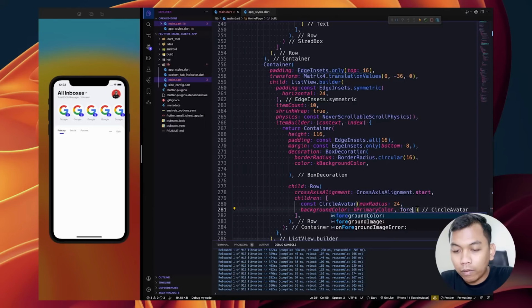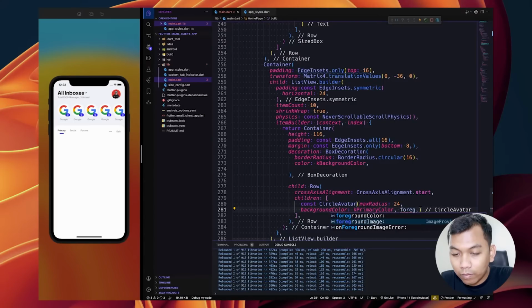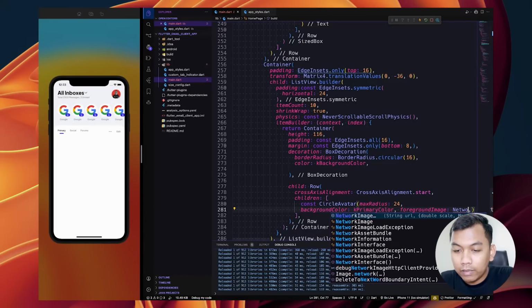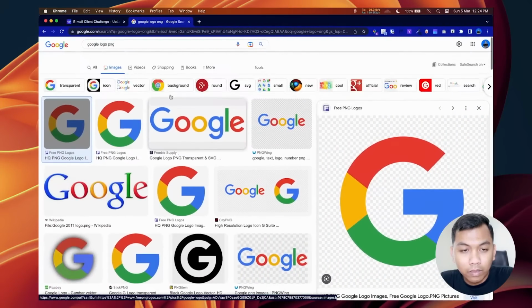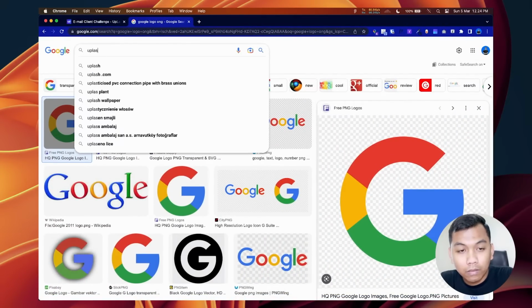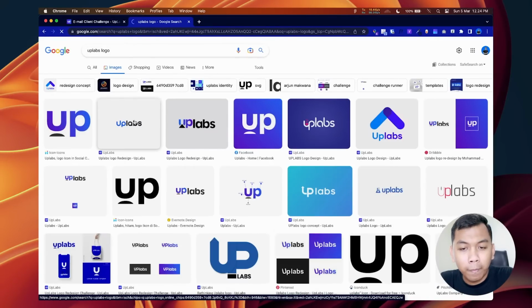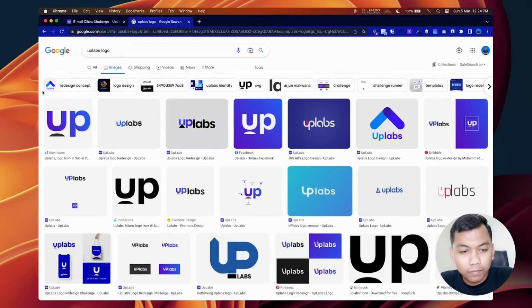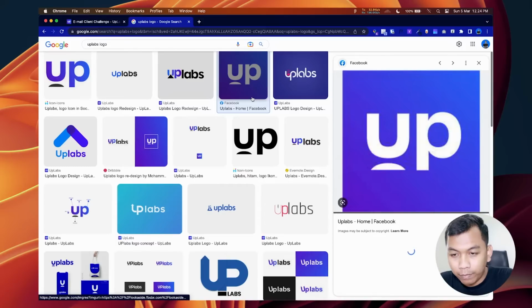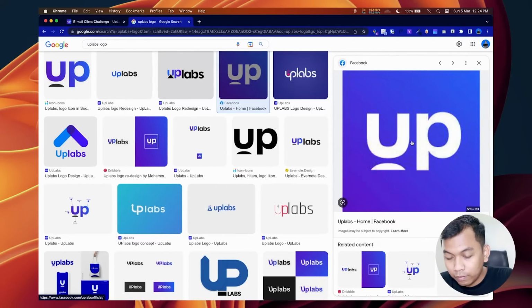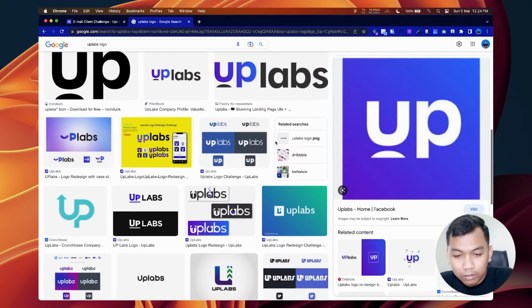And foreground image will be network image. And let's find image, Uplabs logo maybe. And maybe this or another.